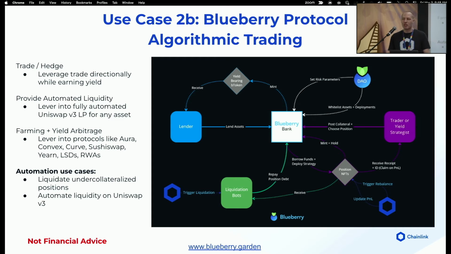However, if you had deposited ETH and borrowed Shiba Inu or some very volatile asset, then your loan-to-value ratio is going to be much, much lower. And they're able to do this because they have automation, which will automatically liquidate any position that becomes under-collateralized. And they're able to offer very aggressive strategies because they have automation that can do things like rebalance leverage positions as needed.